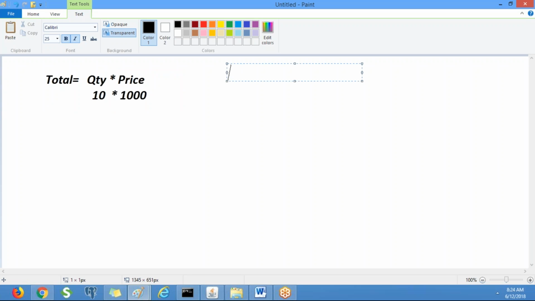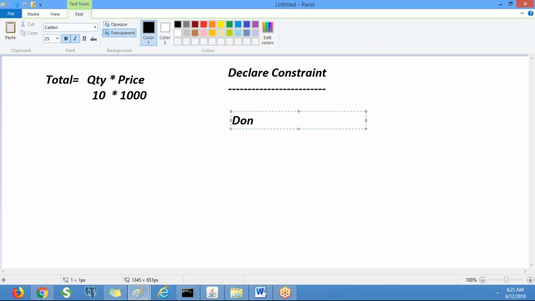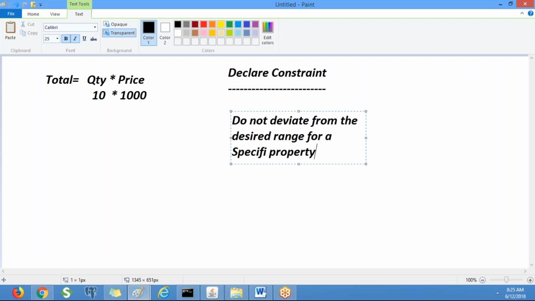Okay. Now let's work on declare constraint. Declare constraint: do not deviate from the desired range for a specific property. That means,